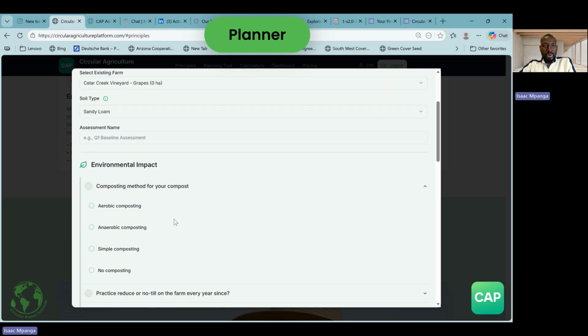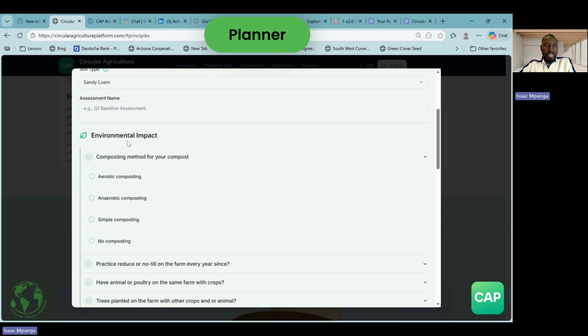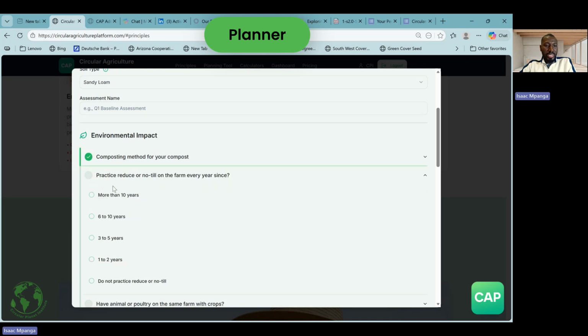Yeah, so in this context, as we saw in the principles, the questions are just based on the principles of circular agriculture. You have some questions under the environmental impact score. So you see that it's already open. You just choose one that is more relevant to your farm. Once you choose it, it closes out, and then the next one pops out for you to choose on farm